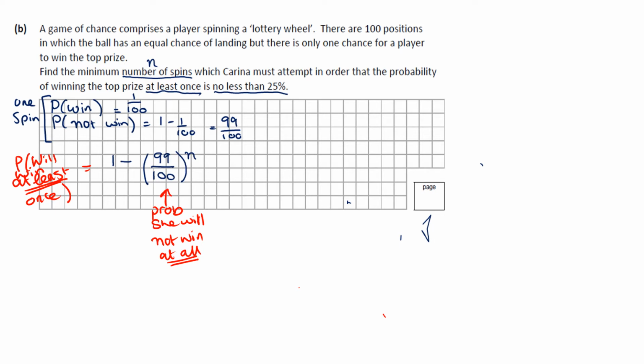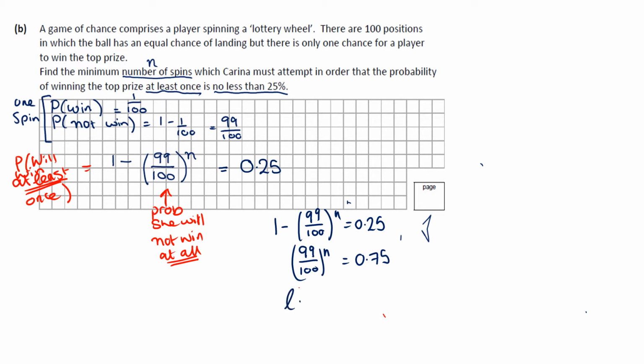So they tell us that this probability, we want this to be no less than 25%. So we're going to let this equal 0.25 for a minute. So let's take the formula 1 minus 99 over 100 to the power of n equal to 0.25, and let's work with that. So we get 99 over 100 to the power of n is equal to 0.75. Now, we need to work out what that power is, and in order to do that, we're going to use logs. So anytime that we have a power that is an unknown, we're going to use logs. So let's rearrange this. We get log to base 99 over 100 of 0.75 is equal to n. This can go straight into our calculator and we get